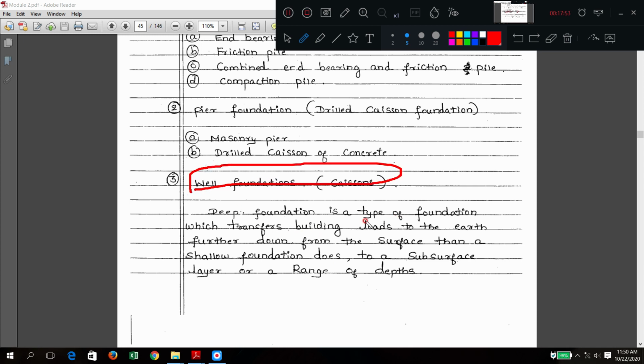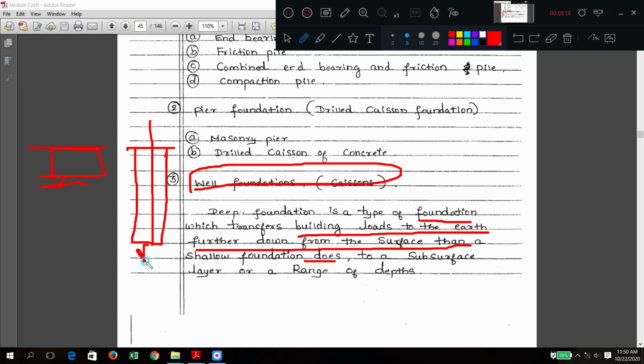Deep foundation is a type of foundation which transfers the building loads to the earth further down from the surface than a shallow foundation. So if this is a shallow foundation, it transfers load up to here only. Depth is very less, but in deep foundation the load is transferred to a greater depth from the surface.